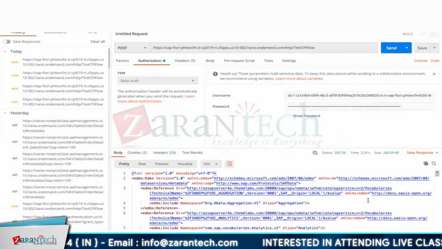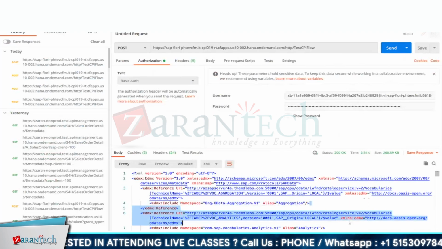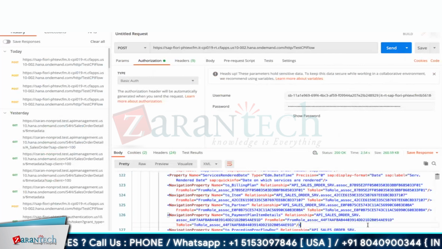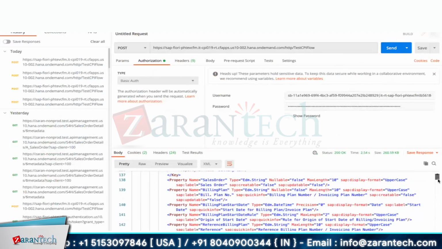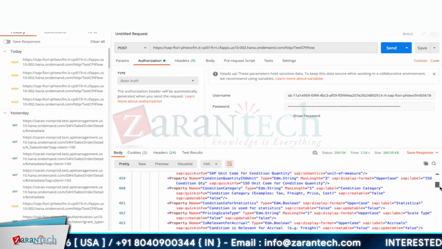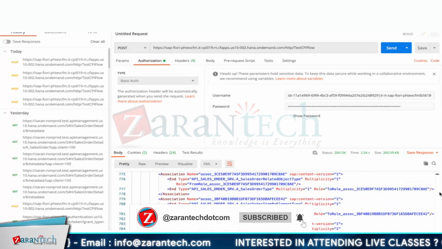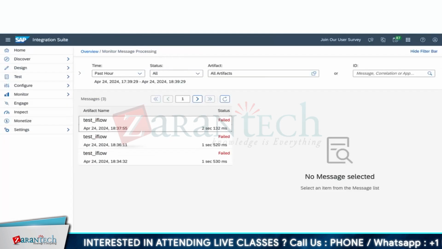At least I'm getting the metadata. With this metadata, we can go ahead and use the default APIs and everything from here. Somehow this is tied up with the sales order too. So we are able to get the metadata from there. You can access some more resources and get the information out.